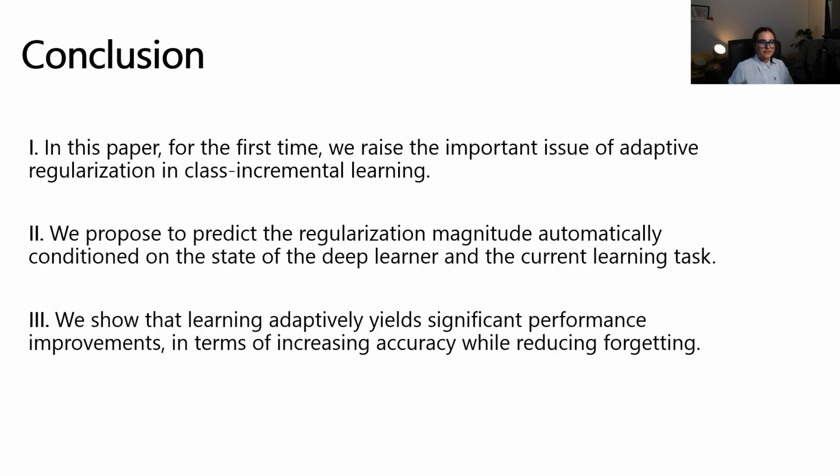To sum up, in this paper, for the first time, we raise the important issue of adaptive regularization in class incremental learning. We propose to predict the regularization magnitude automatically, conditioned on the state of the deep learner and the current learning task. And finally, we show that learning adaptively yields significant performance improvements in terms of increasing accuracy while